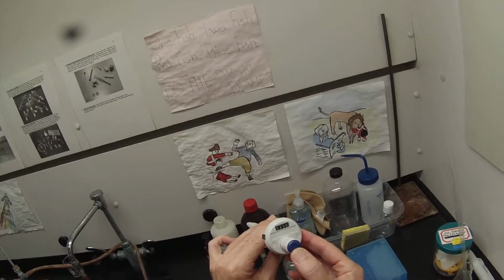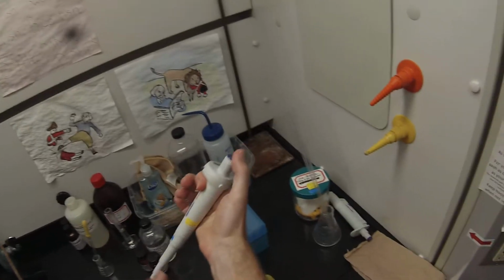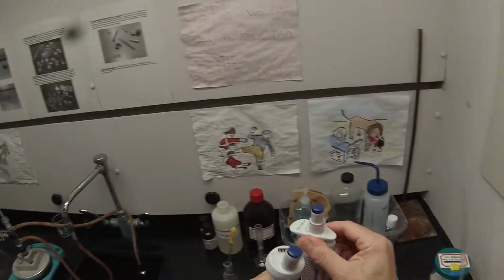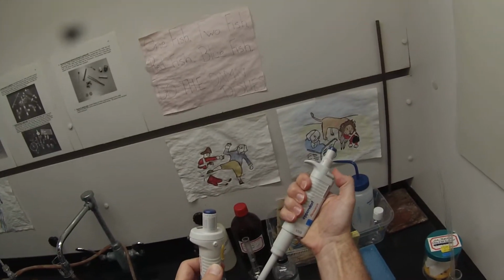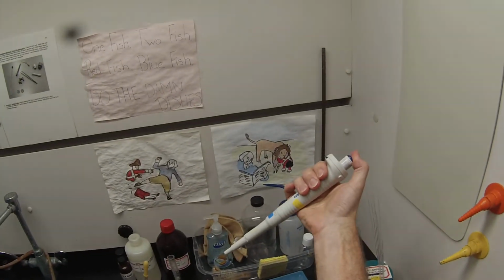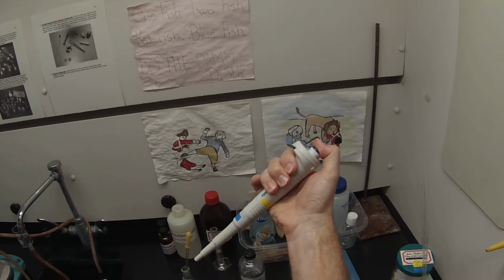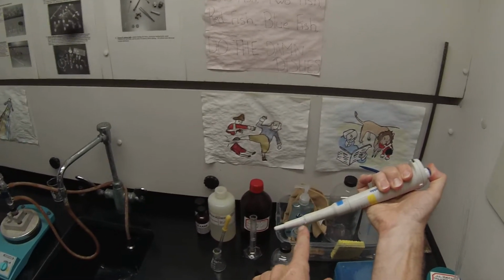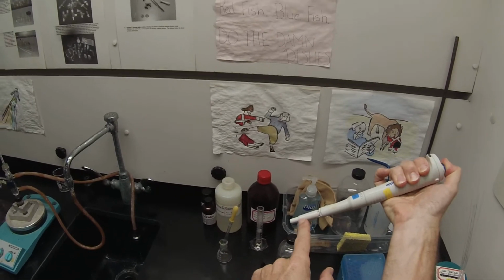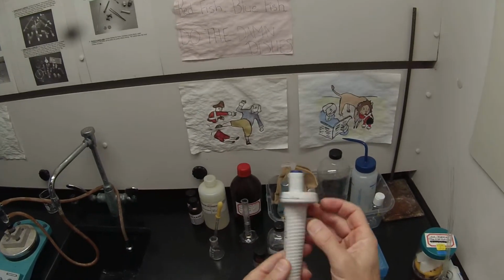So this other pipetter is a slightly different design. It's set at 950 microliters, and it has just one control. It doesn't have that separate tip ejector like this one does. So it has one stop. The first stop is where you go when you're filling, and then the second stop to depress the plunger a little bit. And if you press it really hard, that moves this piece here and actually takes your tip all the way off. So we're going to use that one, which is set to 950 microliters